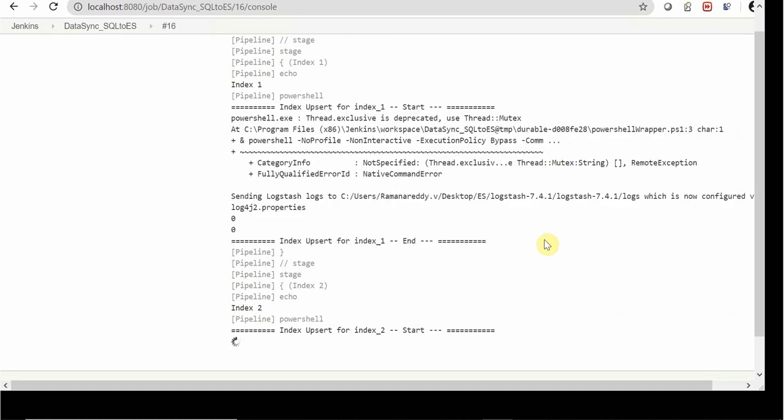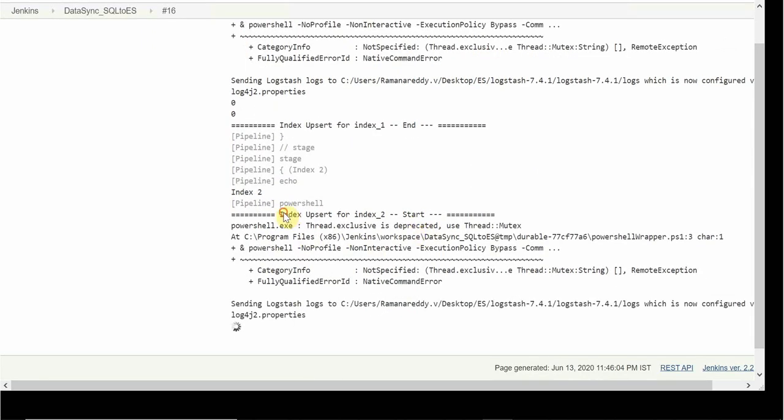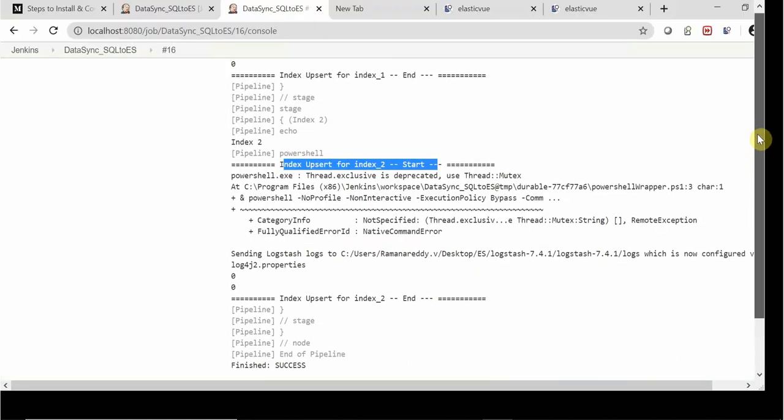Here I suppressed the logs, that's why we didn't find many logs here. Index 2 creation is started. Yeah, my build got success.